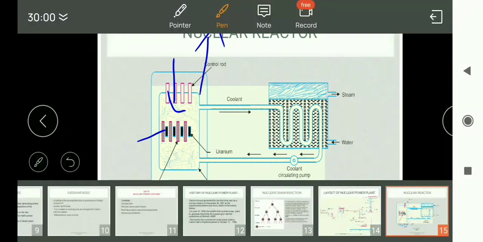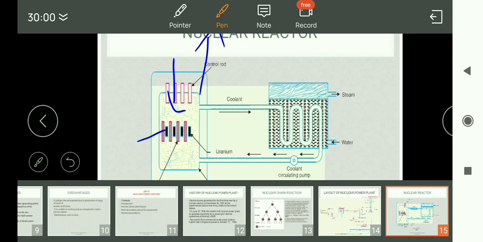Finally, the heat is produced in the nuclear reactor by this fission process. This heat is removed by the coolant, which flows from the heat exchanger to the nuclear reactor. Generally sodium metal, water or gas may be used as coolants. Depending upon the coolant, we may further classify the nuclear reactor. Okay, thank you. This is the principle of operation of a nuclear reactor.